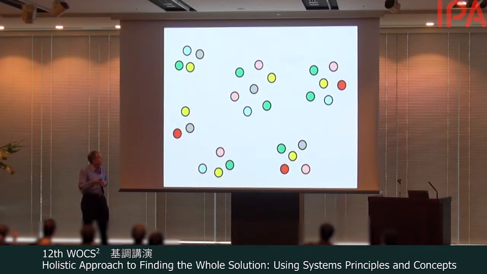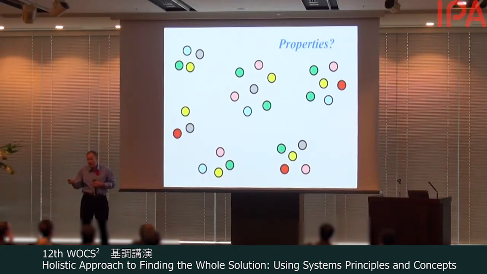We can also look at maybe the different properties of those parts. And maybe all the red things is one system, the red system, and all the green things is the green system. So we need to explore different ways to partition our system, to classify the parts to help us understand better the interaction and the relationship.